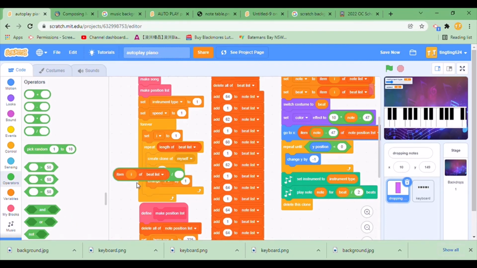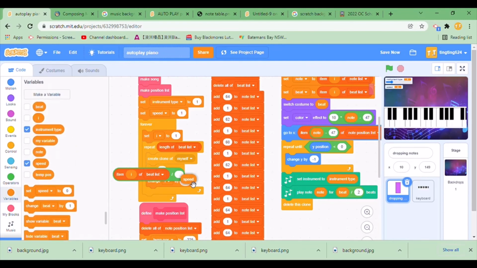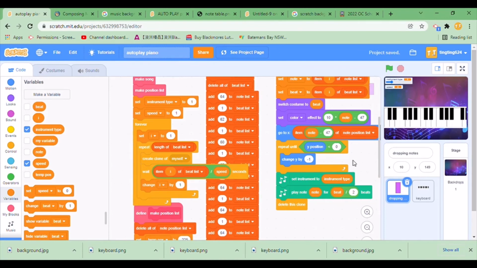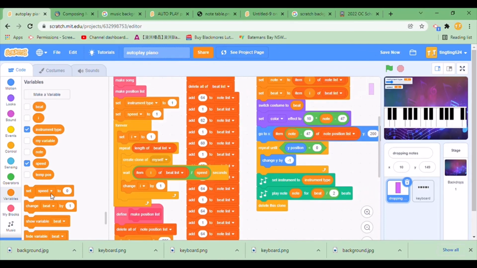And the time. So this is divided by speed. So the smaller the speed, the faster it is. So this has to be divided to make it speed faster. But